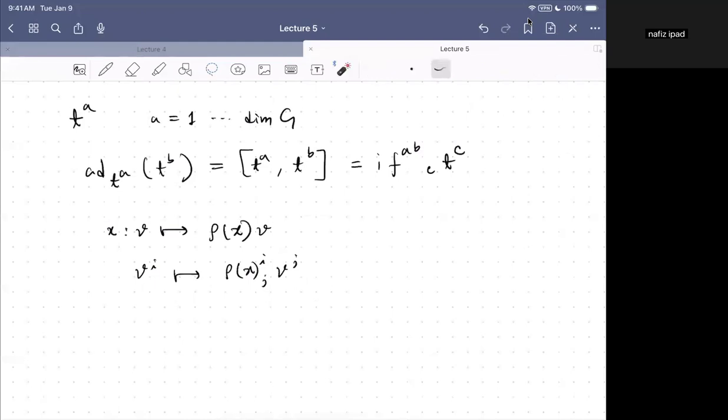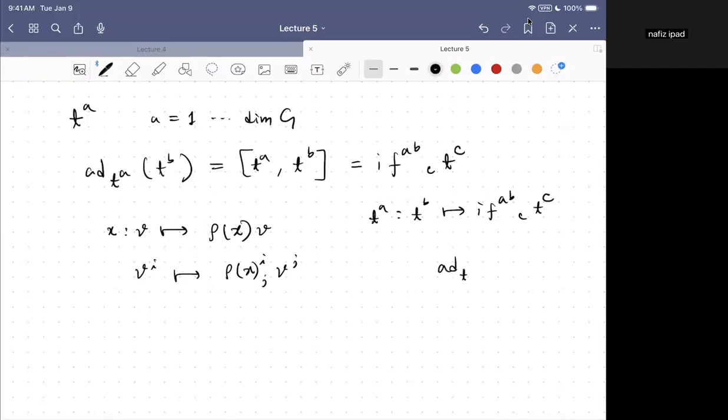Now compare that with this formula. So what is happening here is that T_A maps T_B to i f_ABC T_C. So what is the matrix here? This is the matrix, right? So what you get from here is that